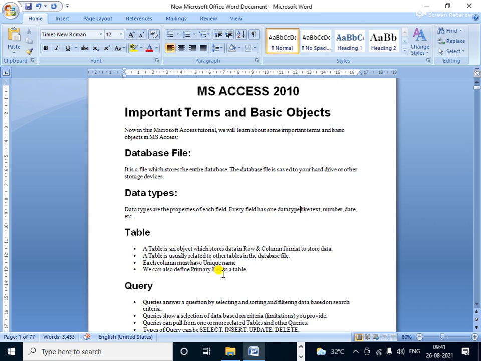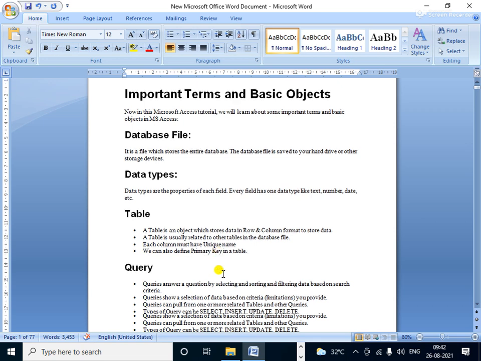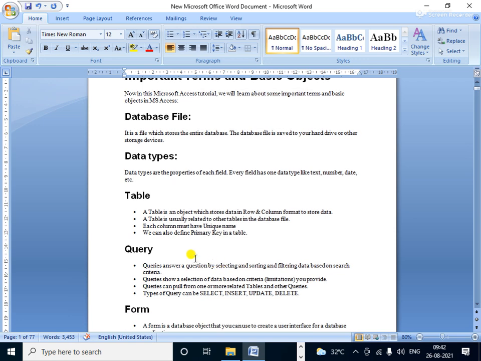In a class, suppose there are two or three students with the same name, but the roll number never matches. Suppose there are two Ram students in a class, but they are identified and unique with the help of their roll number. So in one word, the primary key is a unique identifying key.